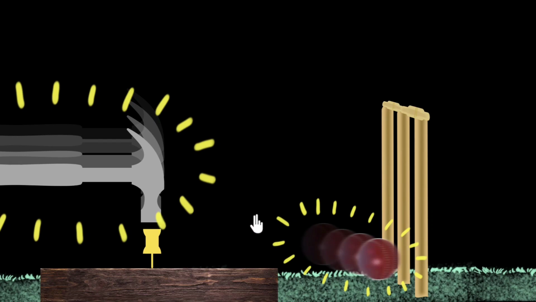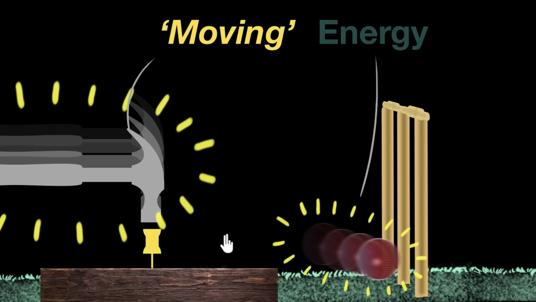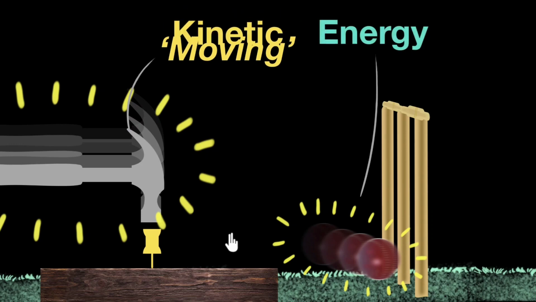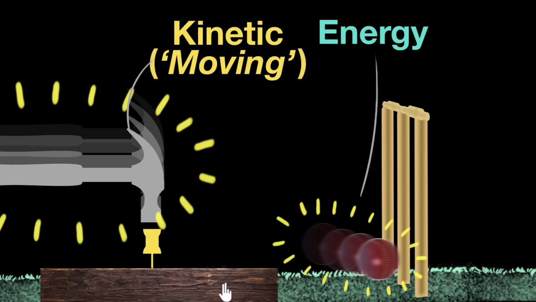And so we can give a name to this energy. We can call this moving energy. But in physics, we give a more technical term. It's called the kinetic energy. And so energy of an object due to its motion is called kinetic energy. And some other examples will include wind. Wind is moving air, so that's kinetic energy. Even waves in water have kinetic energy because there also we have motion.